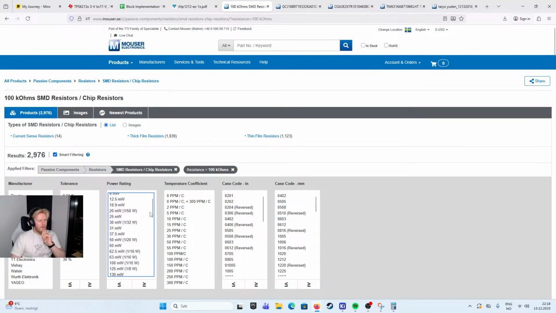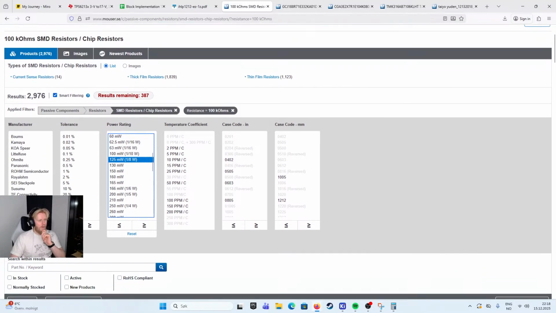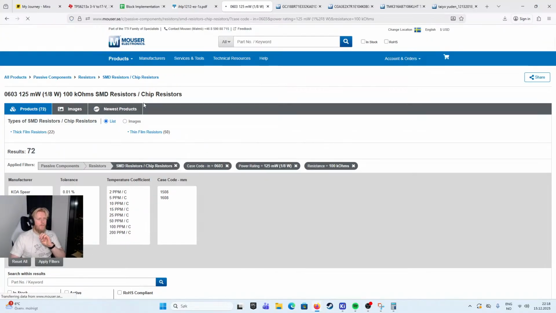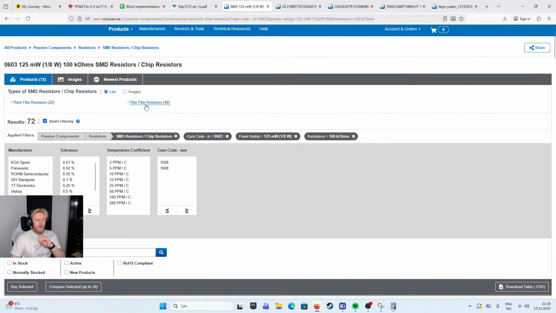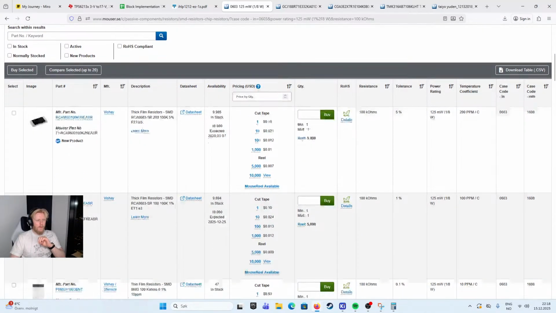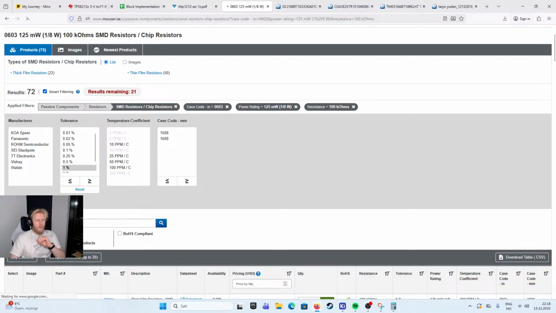Power rating can be this one. 1/8. So an inch 0603. Then we got 72 to select from. Is a little bit too